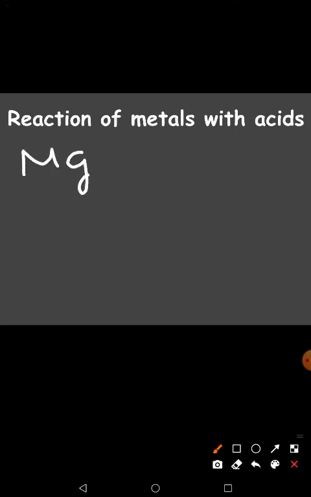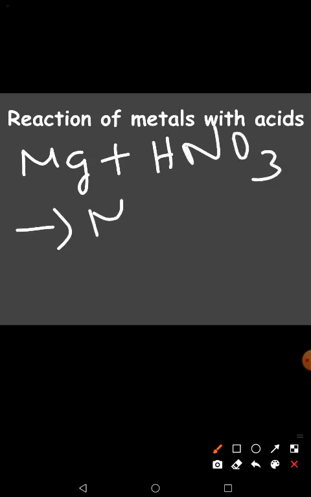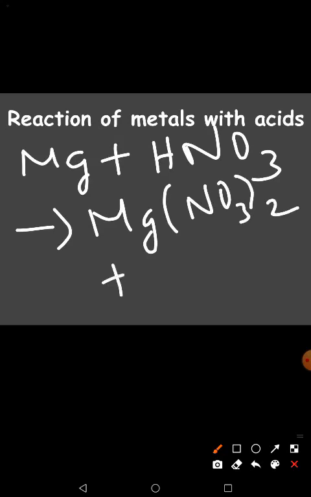See now, I'll give you the equation which is not there in your book. Please note it. Magnesium on its reaction with nitric acid forms magnesium nitrate Mg(NO3)2 plus H2. So when you balance, it becomes 2HNO3. Okay, it's balanced. So this is the equation. Please make a note of it.